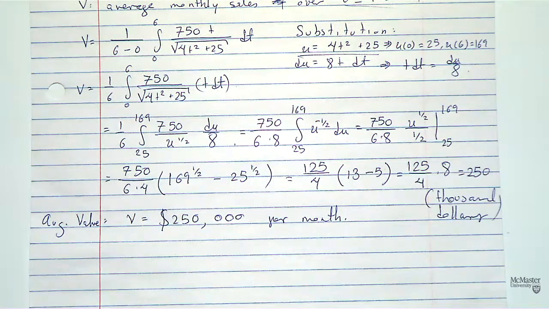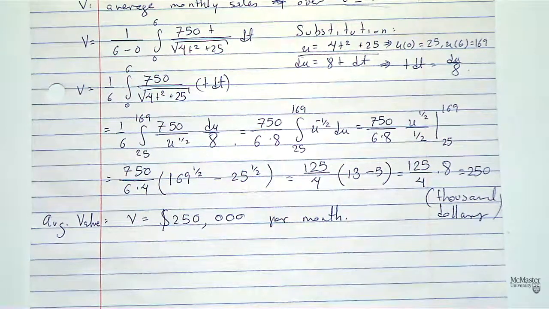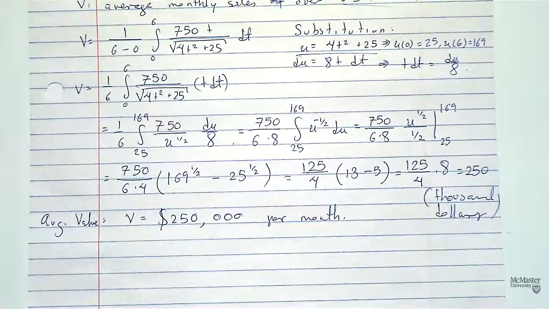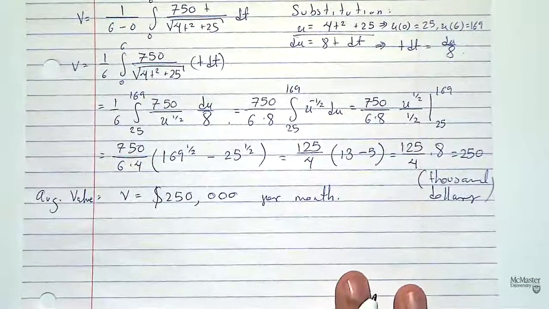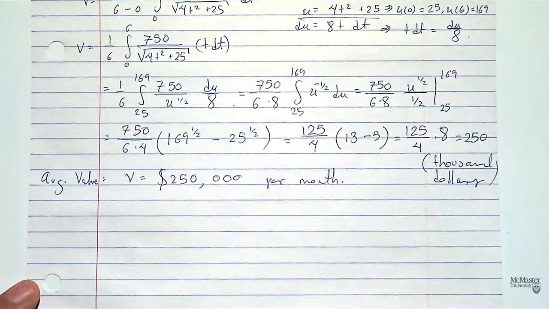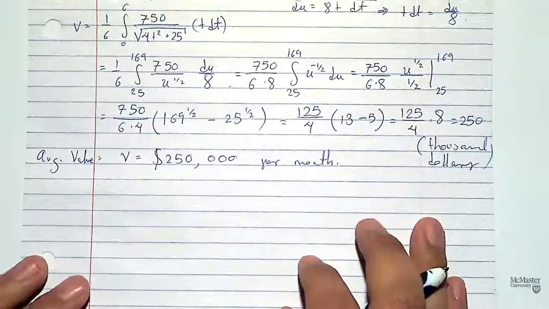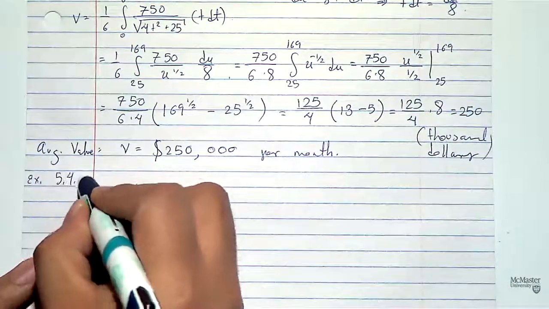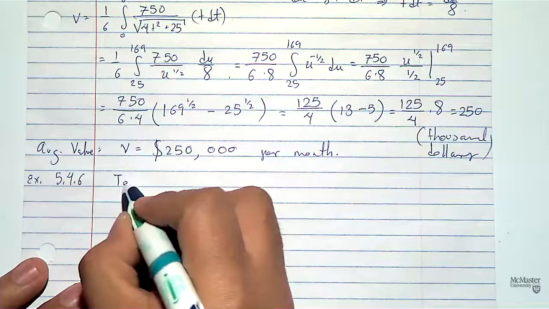But the idea, again, is that the average value is basically a constant such that the area under the curve over the interval of interest will be the same. That is the whole idea of this average value. And we will do a final remark about that. Before that, though, we will do another example, which is 5.4.6, which is the temperature